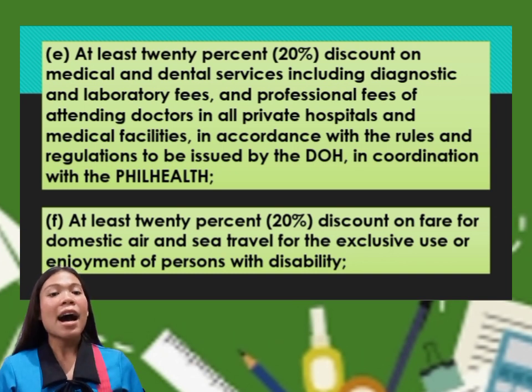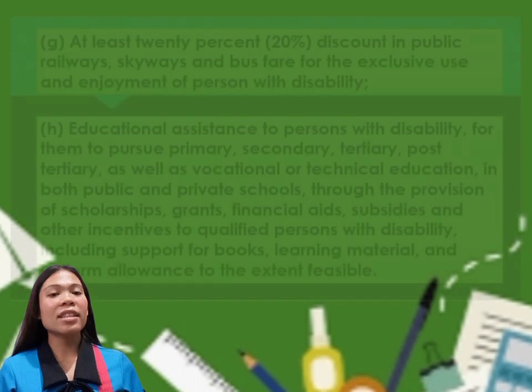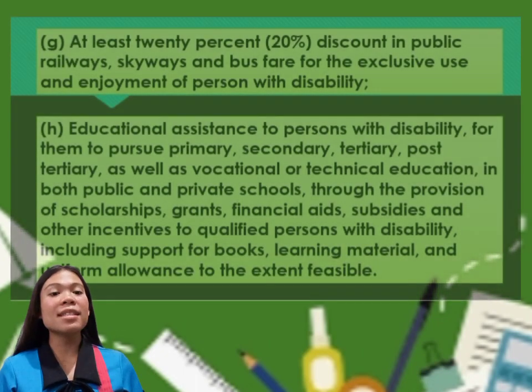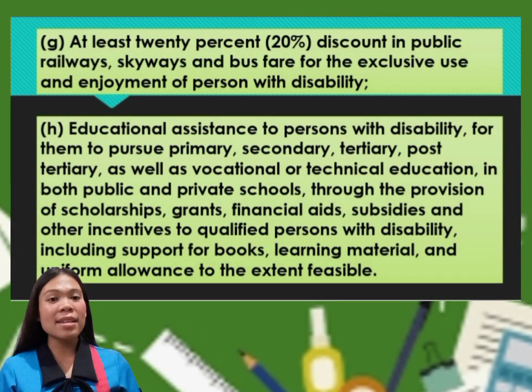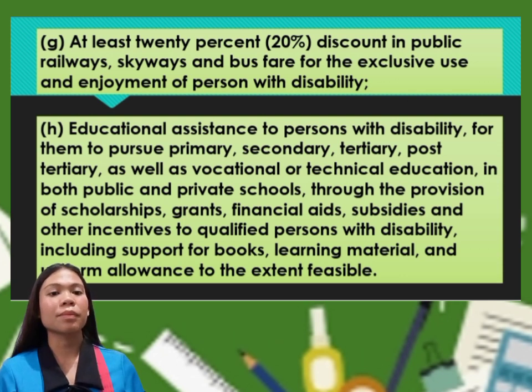Letter F, at least 20% discount on fare for domestic air and sea travel for the exclusive use or enjoyment of persons with disability. Letter G, at least 20% discount in public railways, skyways, and bus fare for the exclusive use and enjoyment of persons with disability. Letter H,